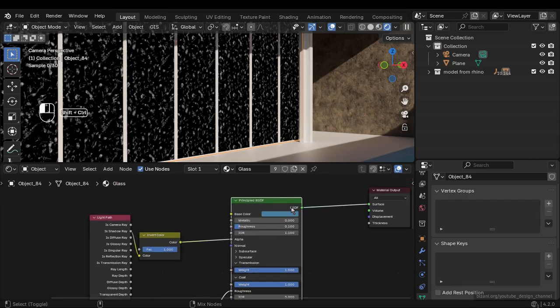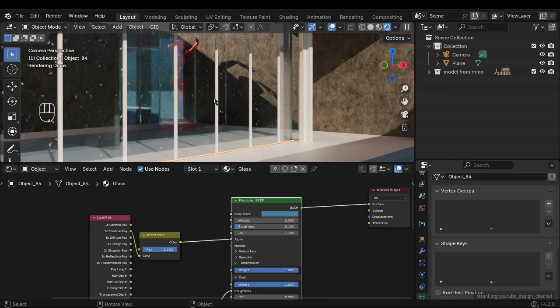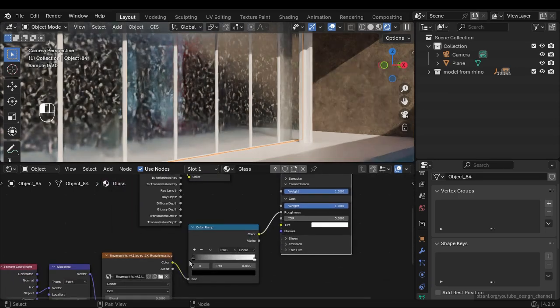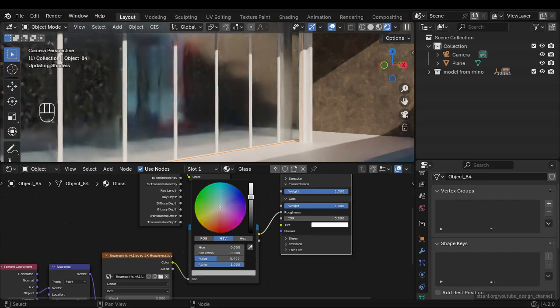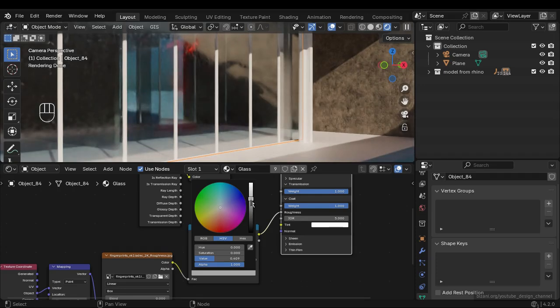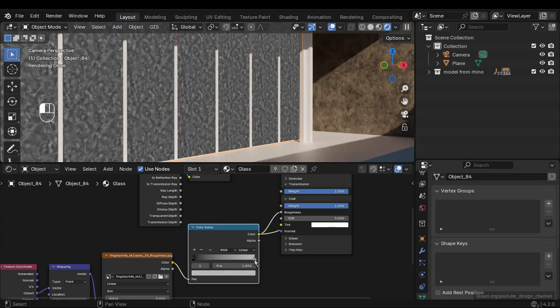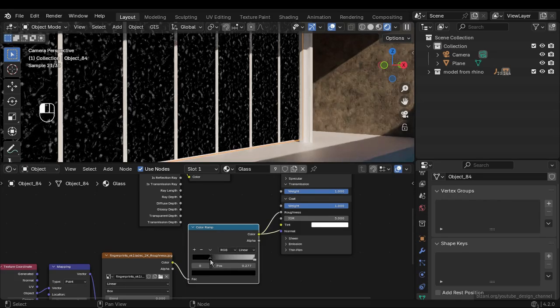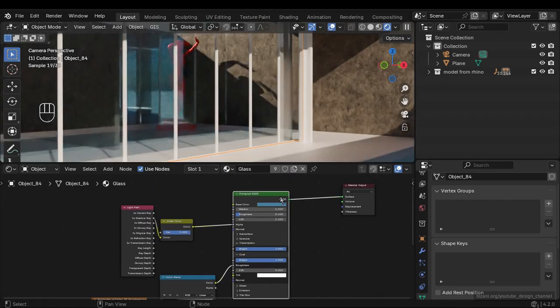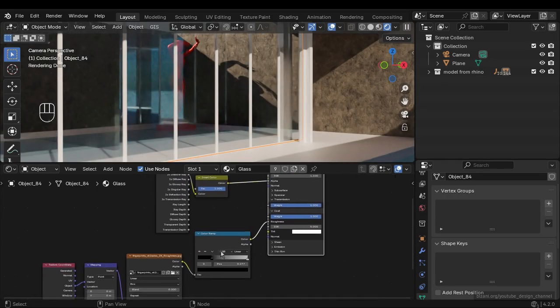If I do preview here, we can see the marks are more obvious. We can just go to the white here and make it less. So as we go low, we have more reflectiveness. But the idea is just to introduce some dirt into the glass, and we can contrast it a bit. Control Shift and add some contrast. I can push this one here. Yeah. And now we have a little bit more realistic glass